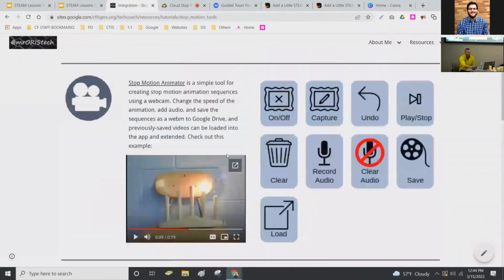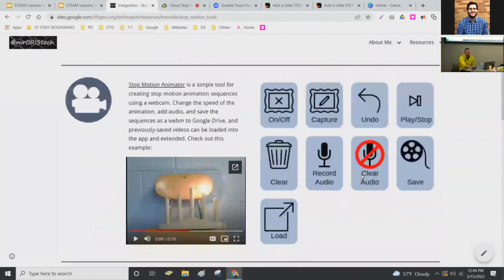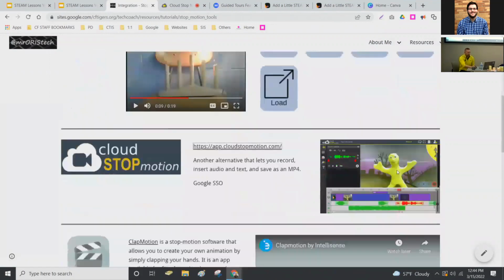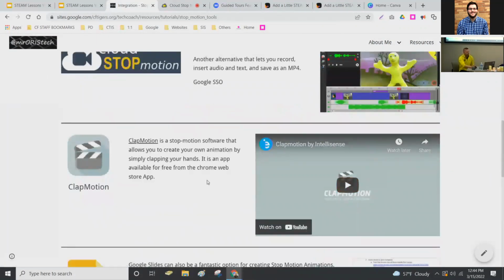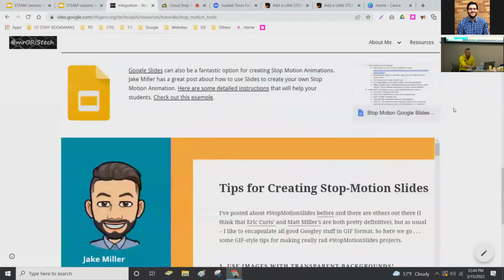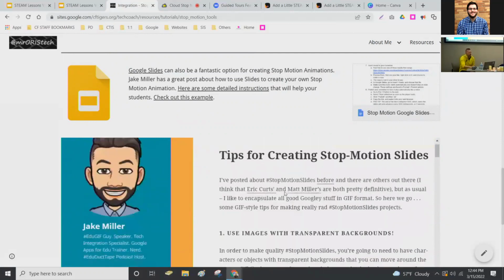We used to use this one all the time. It scared me yesterday that our new Chromebooks weren't loading, so we found one that was cloud-based rather than app-related. This is another one. Kids can clap and it takes the picture, so that's nice for littles. It didn't have sound, so you couldn't insert music in the background. And if you know Jake Miller, or if you don't, check him out. Students love creating stop motion in Google Slides just by moving the sun that sets or an animation. It's a very easy way to get kids started with stop motion.